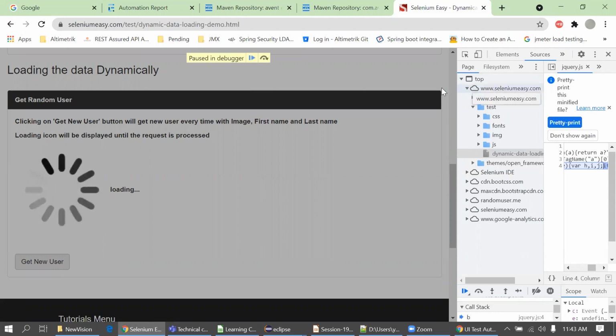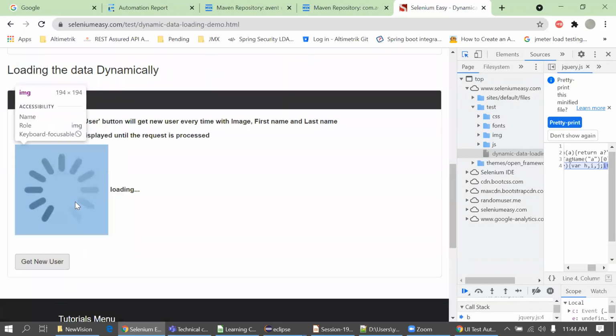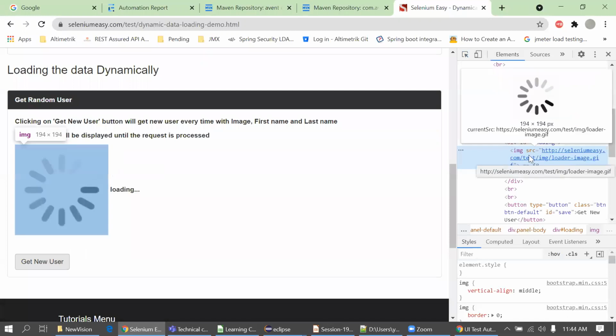Yesterday I told you, whenever we want to pause the element on the UI, simply go to the sources tab and press F8. It will just pause for you, and now you can create an XPath for this. Otherwise, it will disappear in 2 seconds. So how can you find the XPath there? By inspect element, we create the XPath for this when it is stopped. Now it's paused, right? So you can just use this option, select an element. You can hover the mouse here. You will get the XPath, right? So you can create the XPath from this DOM structure.